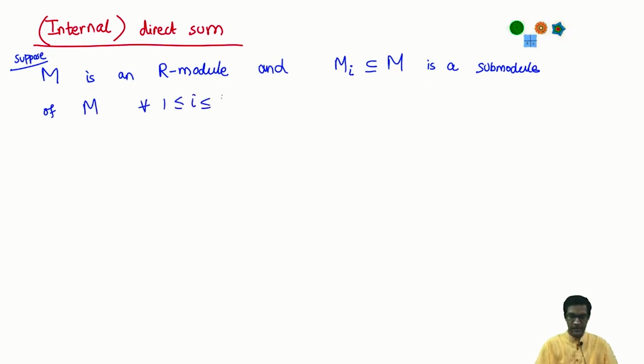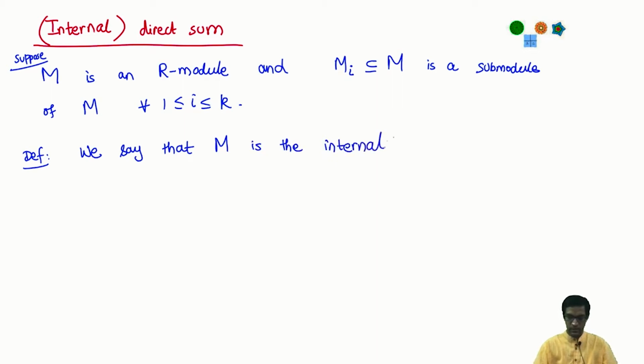So I have k different submodules of my module M. Now the definition: we say that M is the internal direct sum of this collection of submodules Mi, i goes from 1 to k, if the following happens: if each element